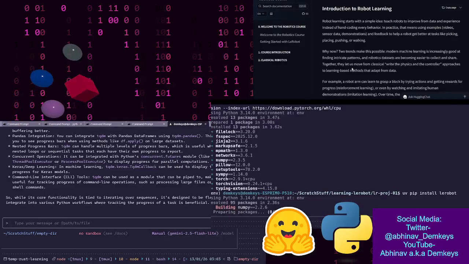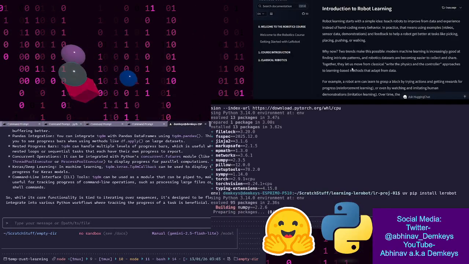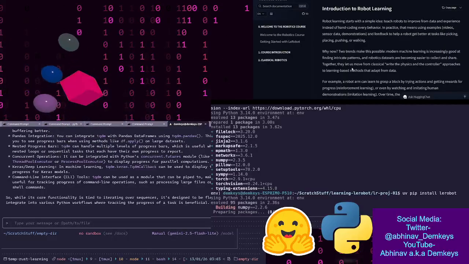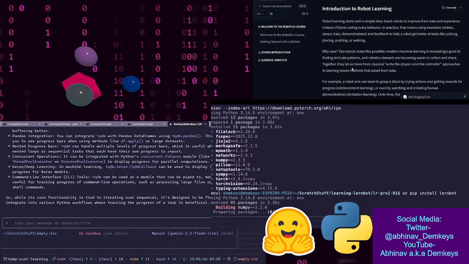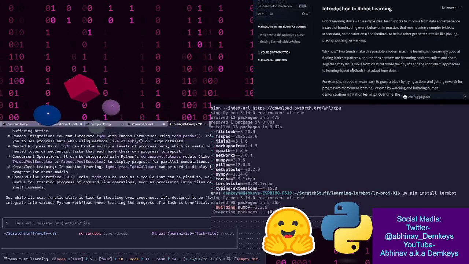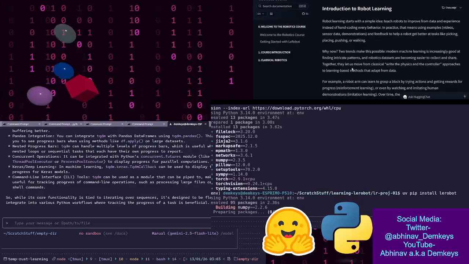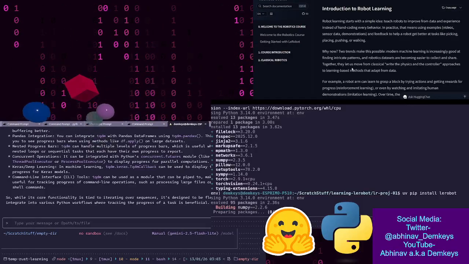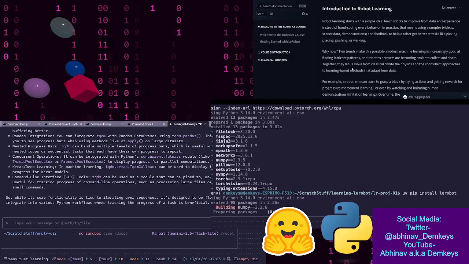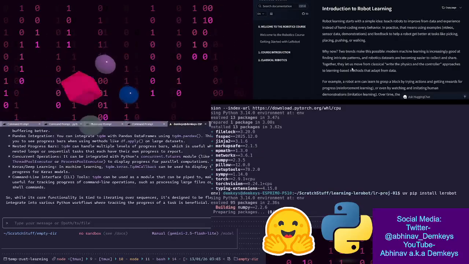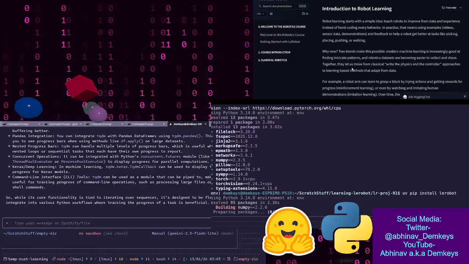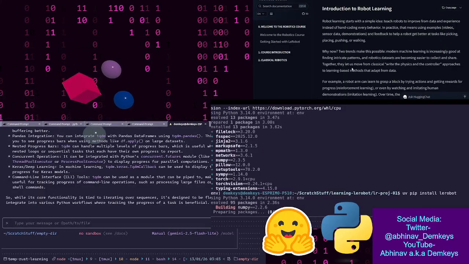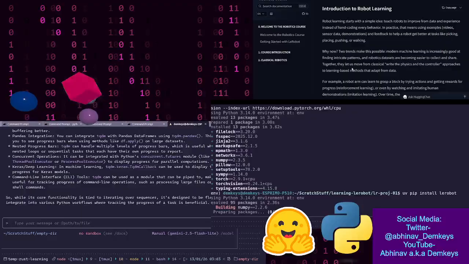So, introduction to robot learning. Robot learning starts with a simple idea: teach robots to improve from data and experience instead of hand coding every behavior. In practice, this means using examples such as videos, sensor data, demonstrations, etc., and feedback to help a robot get better at tasks like picking, placing, pushing, or walking. Okay, why now? Two trends make this possible. Modern machine learning is increasingly good at finding intricate